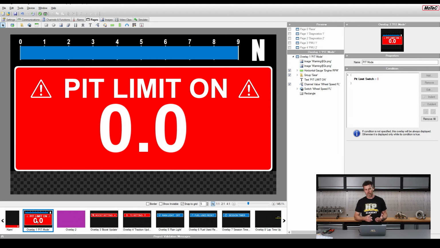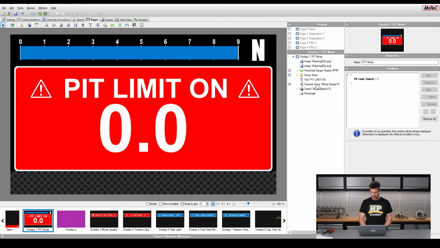Lastly, I also set up something just to give us an indication of what was going on when we had the pit limiter on. We've got a fairly stringently enforced 40 km/h pit limit when we are going through pit lane. If you exceed that, you will get a drive-through penalty. Obviously not what you want. So what I've got here is an overlay that pops up when the pit limit is on, and this number here will show the number that I am overlaying in red, which doesn't really show up too well. Anyway, the big number there is of course our vehicle speed.